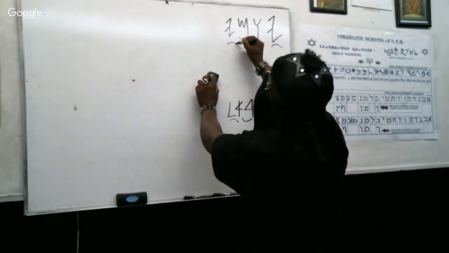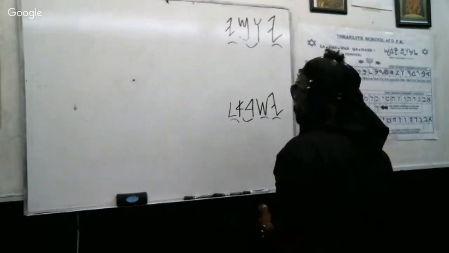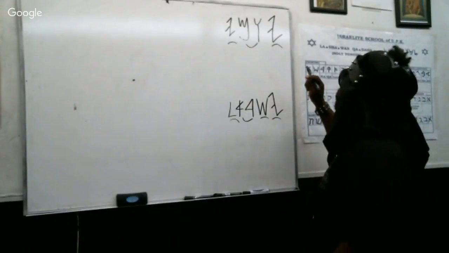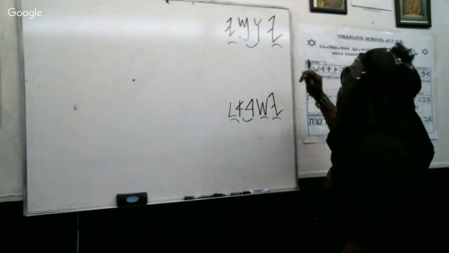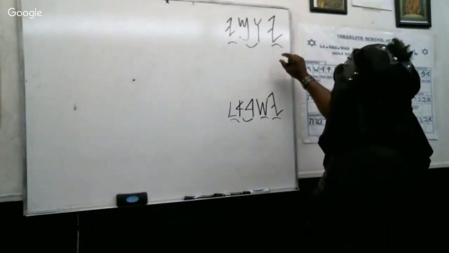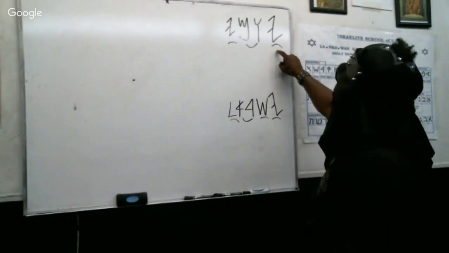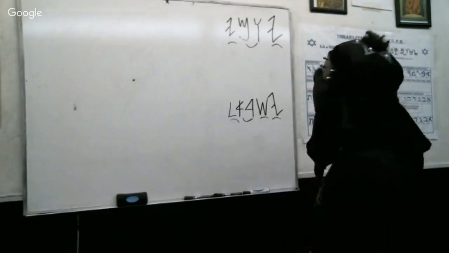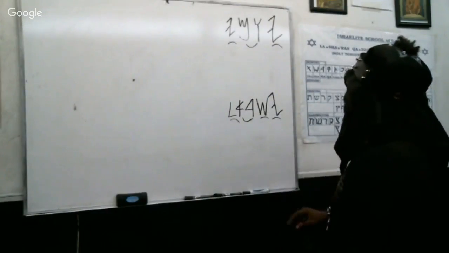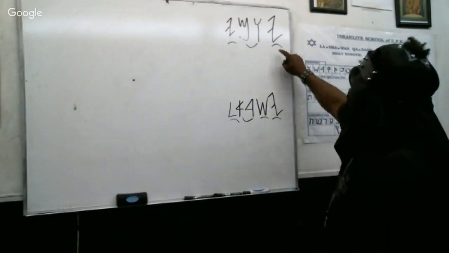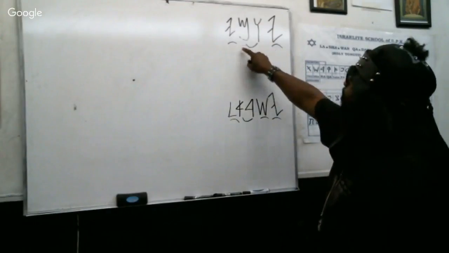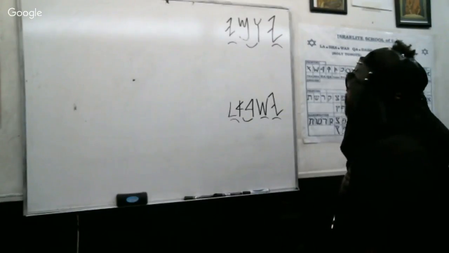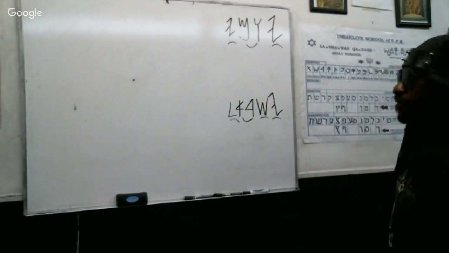Now, can you go over it from right to left and say it for me, brother? Put your finger on it and do it so people can understand for the newcomers what's going on. Yah-wom. Yep. Can you do one more time? Yah-wom. And so you get the gist of what's going on.